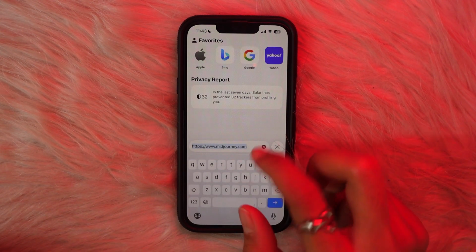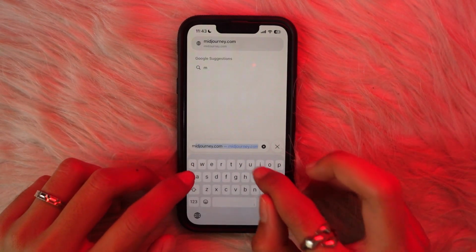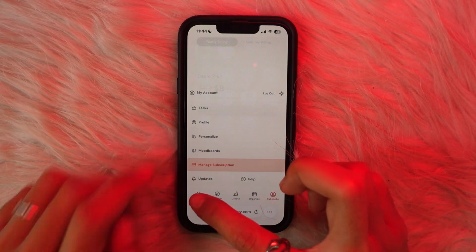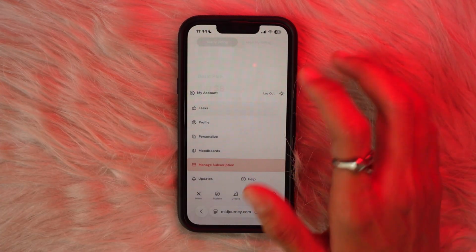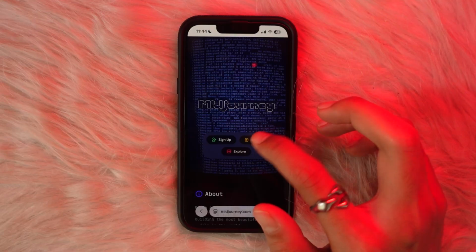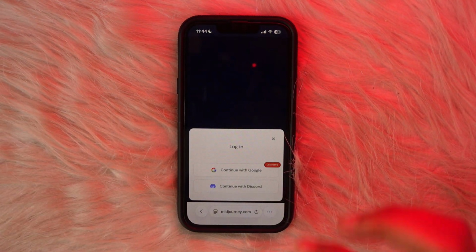In this video I'll show you how to reset your Midjourney password. For that, just go and open your Midjourney app, and if you don't have the app, just go and open their web. And now go on your menu button that will be on your bottom left corner and log out from your account. And after that you need to tap on login button, and there you'll get two options to log in: